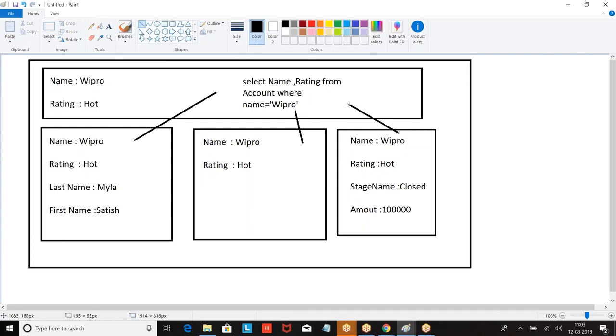So the Lightning Data Service, what will it do? First it identifies what data they are trying to query. Component 3, what data do you want? Component 4, what data do you want? Then whatever common data we are trying to retrieve, it will make it a single query, so that the number of interactions with the server will be reduced.